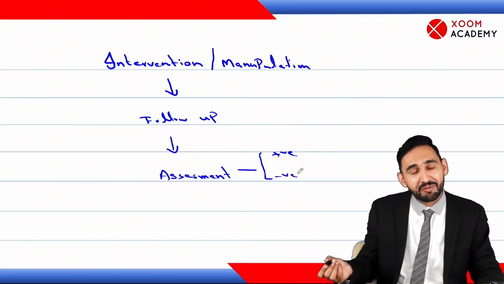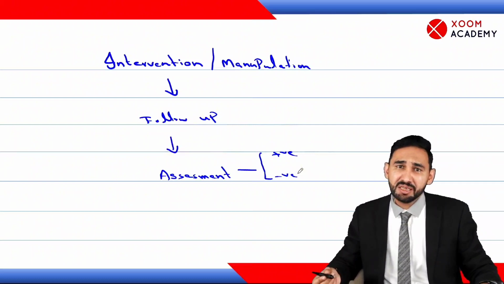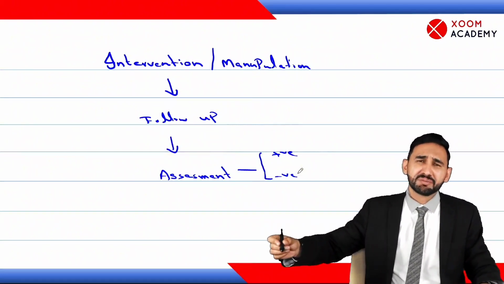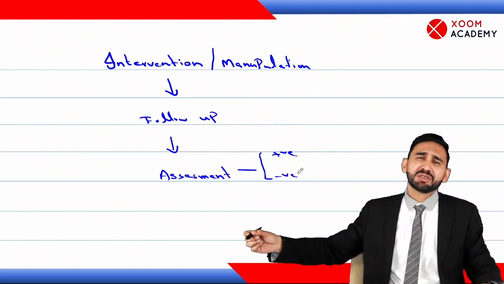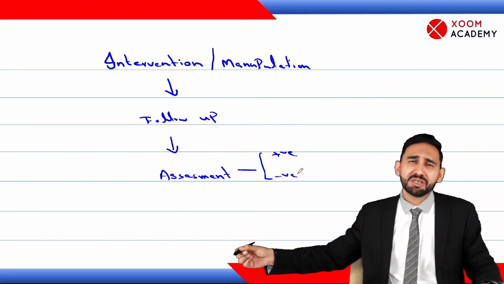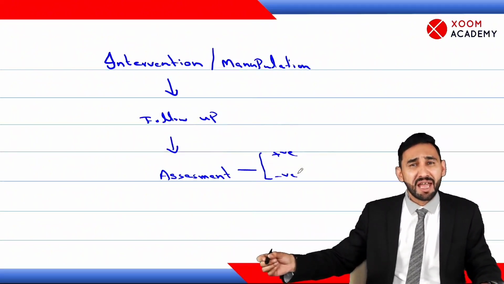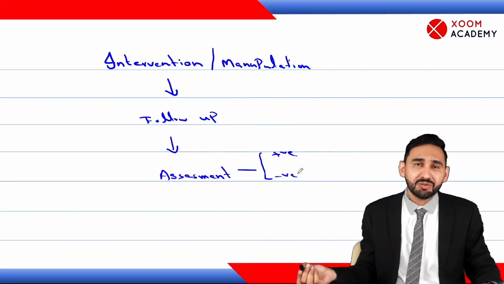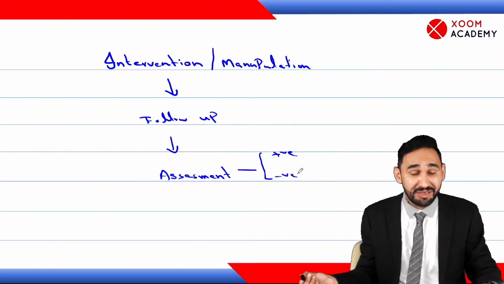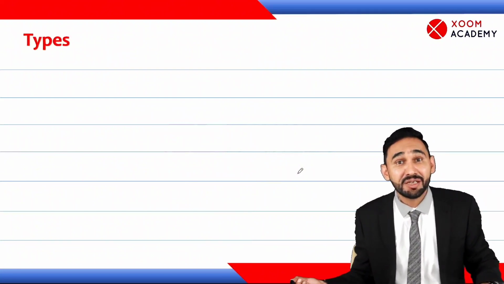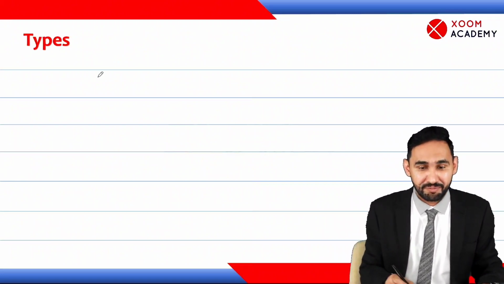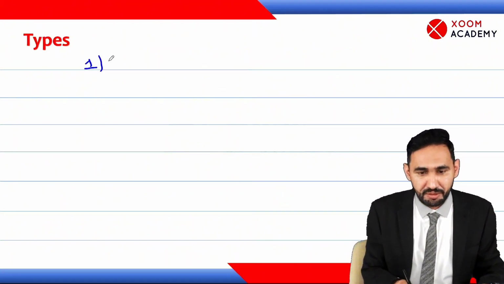This is the framework of a randomized controlled trial. You start from drawing a protocol, you select a population, you select a reference population, you select a study or experimental population, you do randomization, and you do manipulation. After doing manipulation, you will do follow-up and you will do assessment. What are the various types of randomized controlled trial? It has 6 types. Number 1, clinical trial.